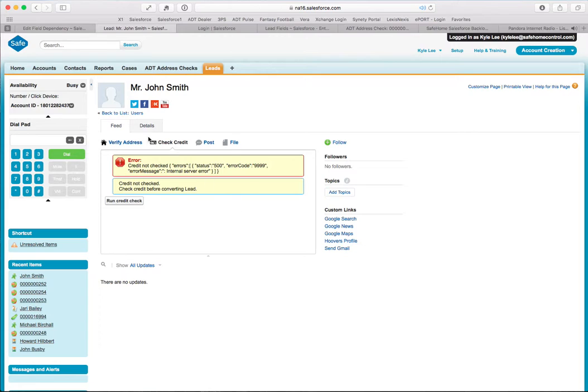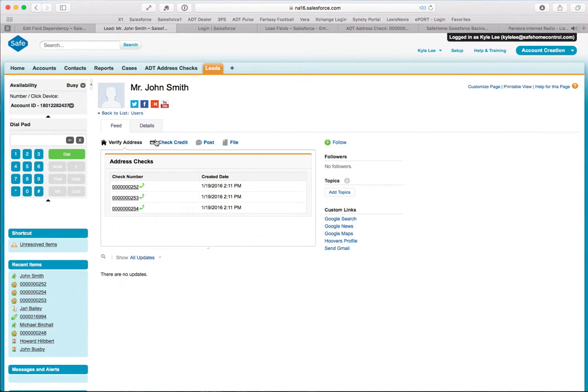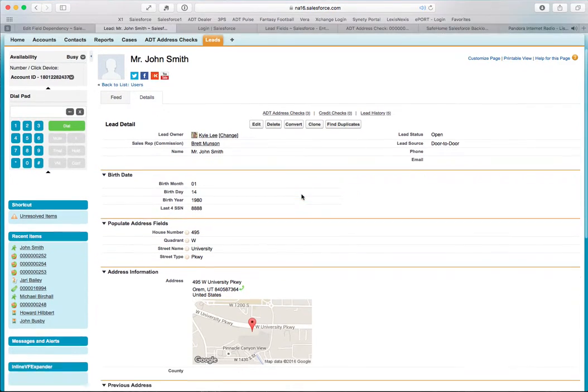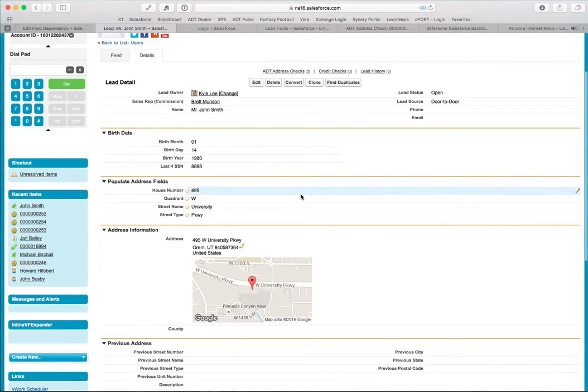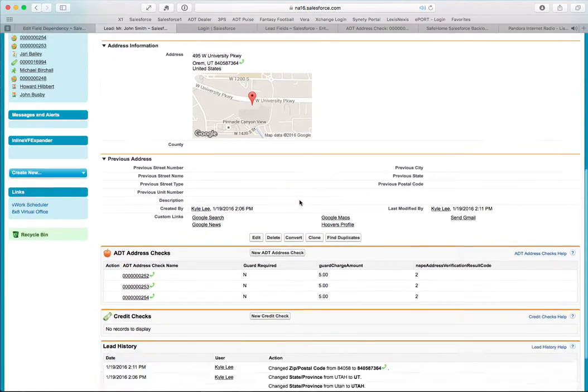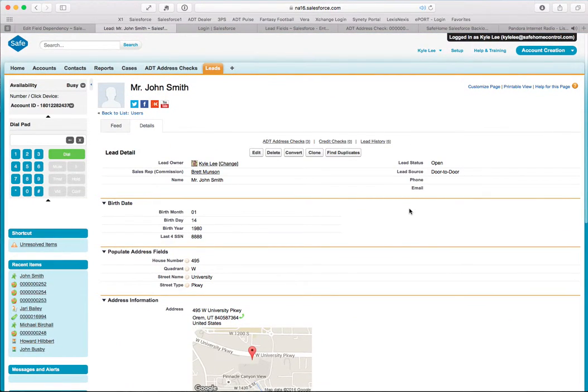Usually it seems like you have to kind of click off of it or refresh to get it to come back fast. And this is just going to say, hey, well, this one's an error code, so it didn't actually check it. Let's make sure that I had everything in there. Okay. So, but assuming that it did pass, it's going to give you a beacon, right, which is a letter